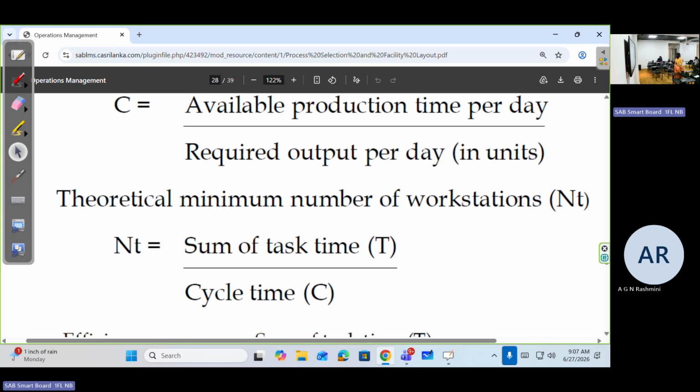But always keep it in your mind that this is the theoretical minimum number of workstations. So when we are practically assigning tasks among the workstations, this answer can definitely be changed. Right? When we are assigning the operations among these 5 workstations, it will sometimes end up with 6 workstations or 7 workstations. Practically when we are assigning, it will get changed, right? Then